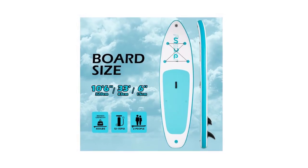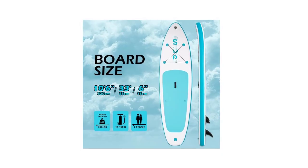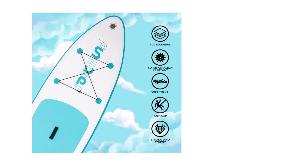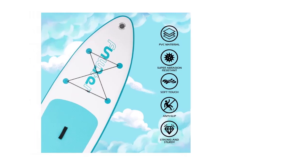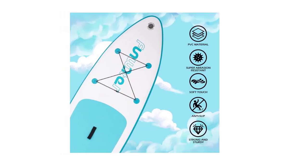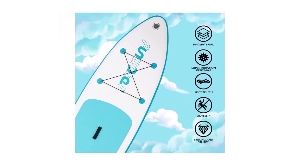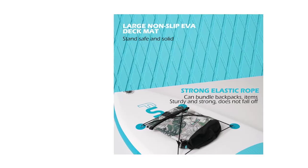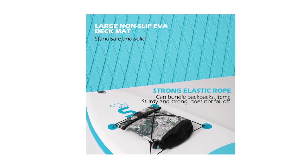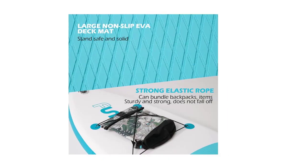Now, because it's so light, I was worried it might feel bouncy on the water. However, the 3-fin setup really helps with the tracking. I found it surprisingly easy to keep it in a straight line, which is usually a struggle with lighter boards. The center handle is well placed, making it easy to grab and go. I also like the bungee area at the front. I tucked my water bottle and flip-flops under there, and they didn't budge even when I hit some small wakes